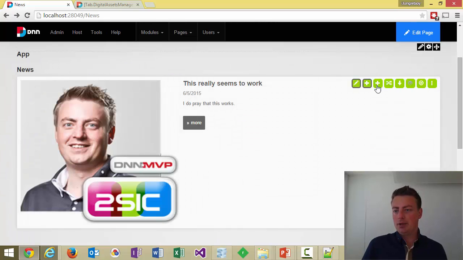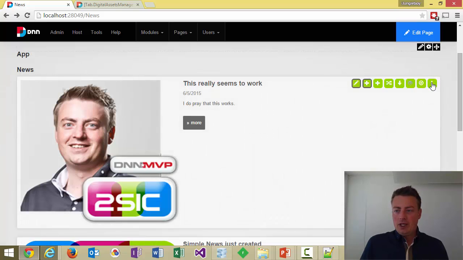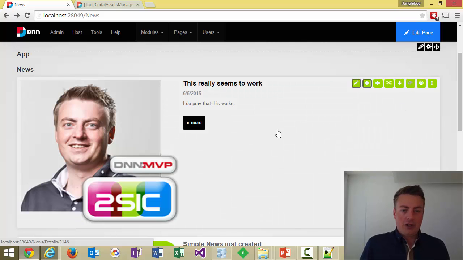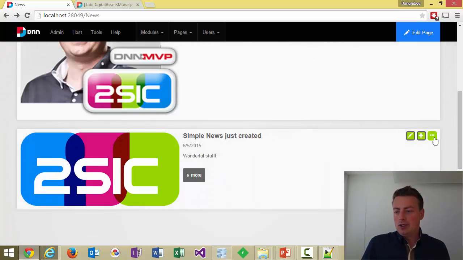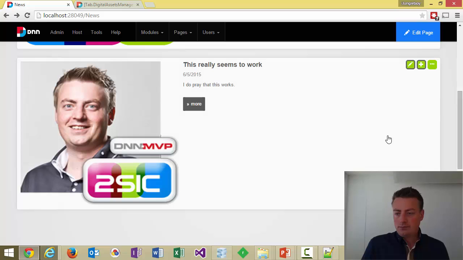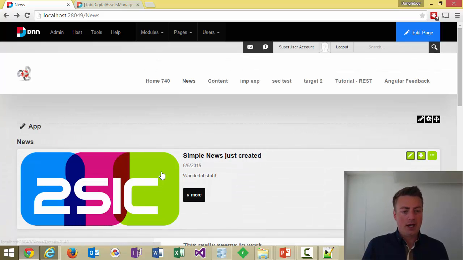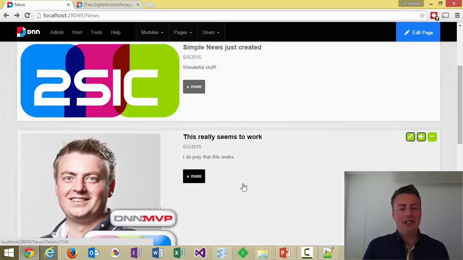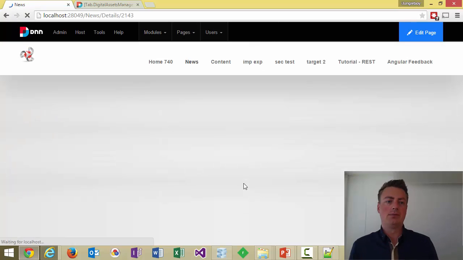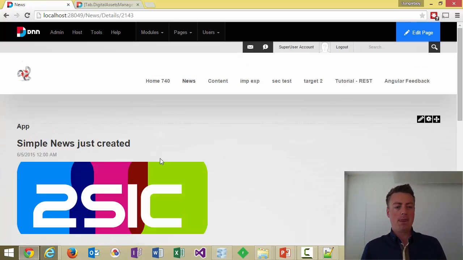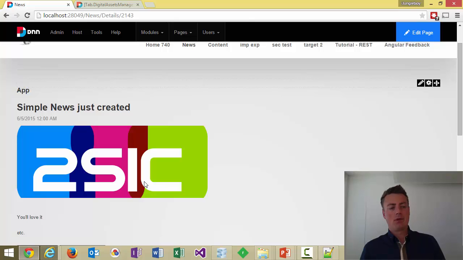Again, if I hit plus here, that was confusing myself. At the moment, the details just shows the first item configured on the module. So let me just move this up, and you will then see. Now this is the item we have on top, but if I click here, it's still going to show the first one. So it doesn't work. Okay, it's just showing the demo item, or the item which is the first one in the list, which wouldn't